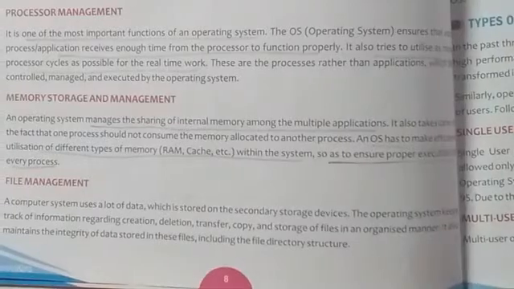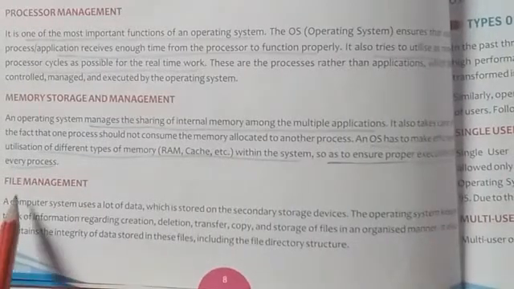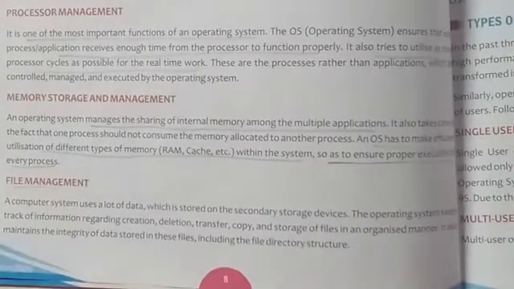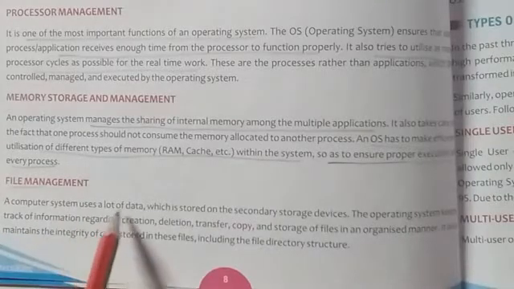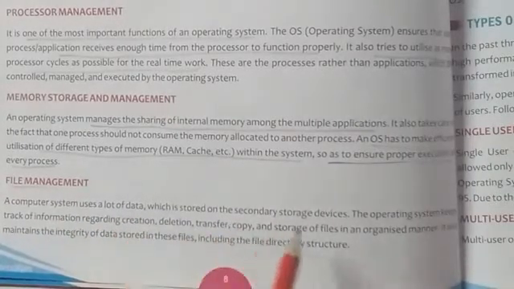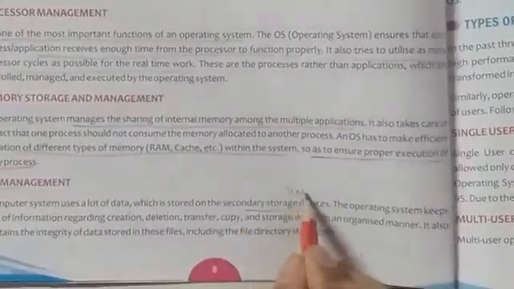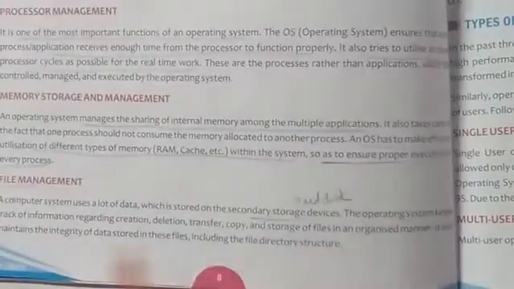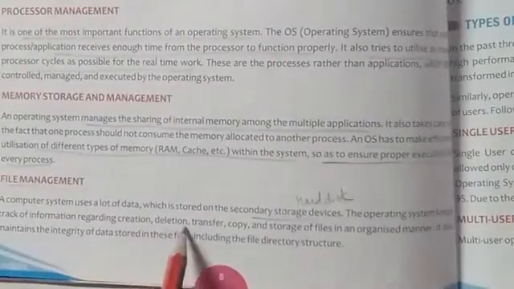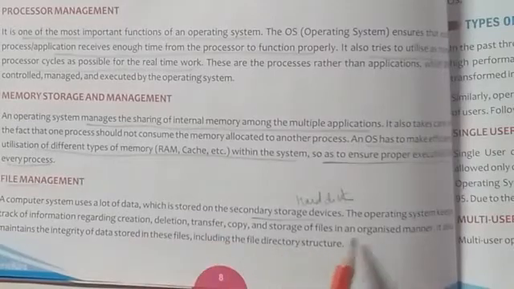Next is file management. As its name suggests, it means the operating system will manage each and every type of file. A computer system uses a lot of data which is stored on the secondary storage device. Here, secondary storage device means something like a hard disk. The operating system keeps track of information regarding creation, deletion, transfer, copy and storage of files in an